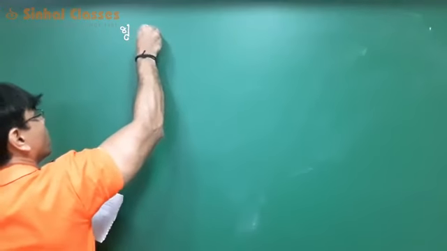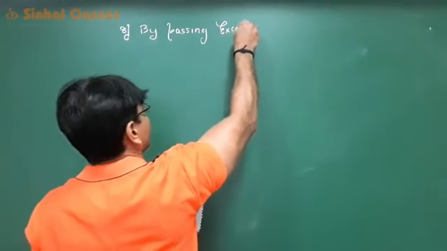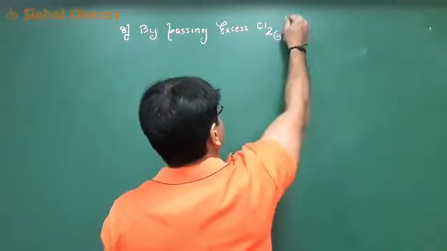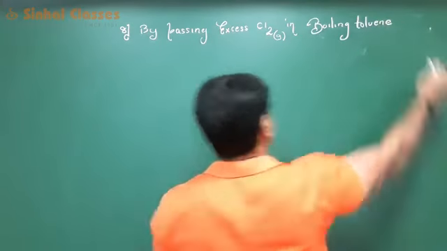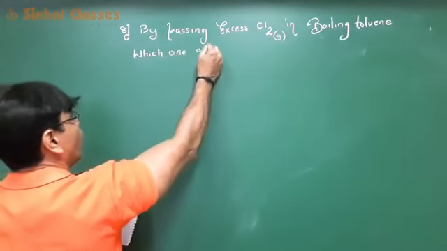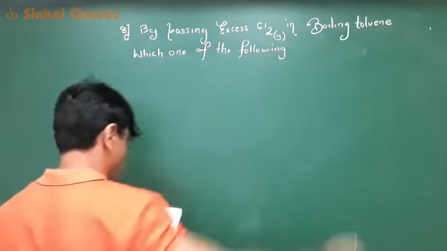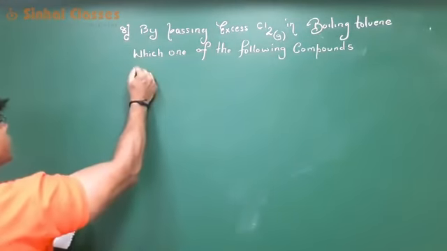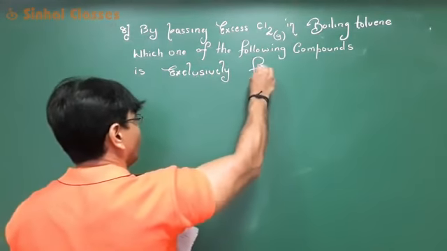By passing excess of chlorine gas in boiling toluene, which one of the following compounds is exclusively formed? The options are: